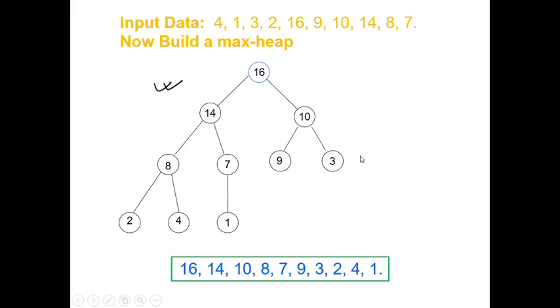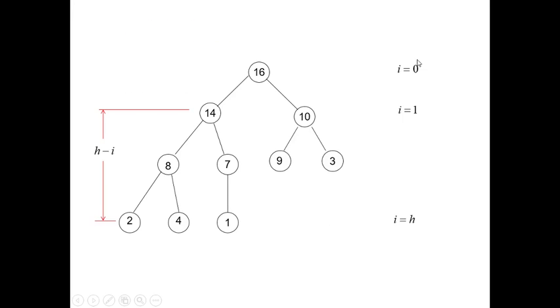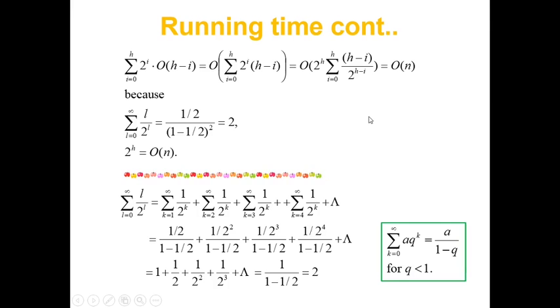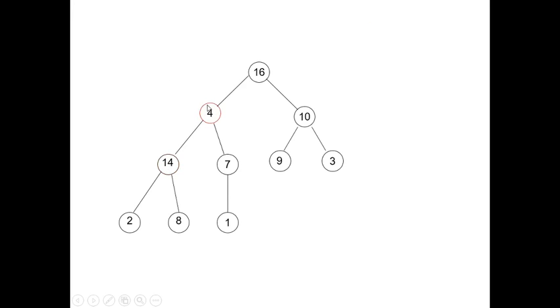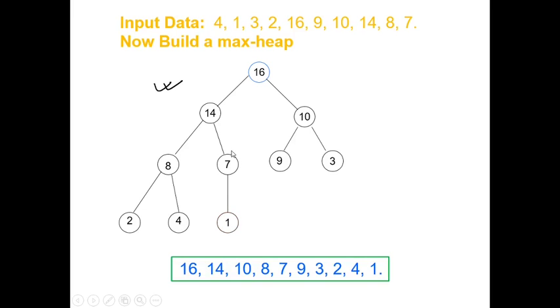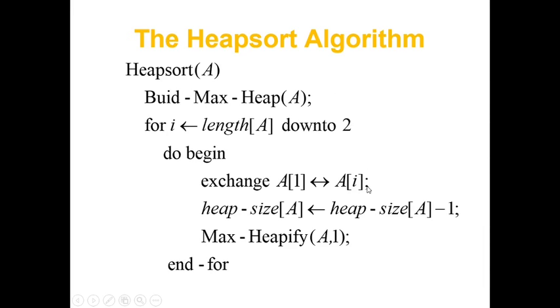So how it works, very simple. Let's say initially the input data is 4, 32, 16, 9, 10, 14, 8, 7, whichever data we took last time. Yeah, same data we have kept. And we have also made it a max heap here, so we are assuming that you have built the heap properly, and now you have the max heap with you. Now we will be implementing heap sort. So very simple how it works. With A[1], this is my A[1], which element will be exchanged? A[i]. So A[1] with A[i].